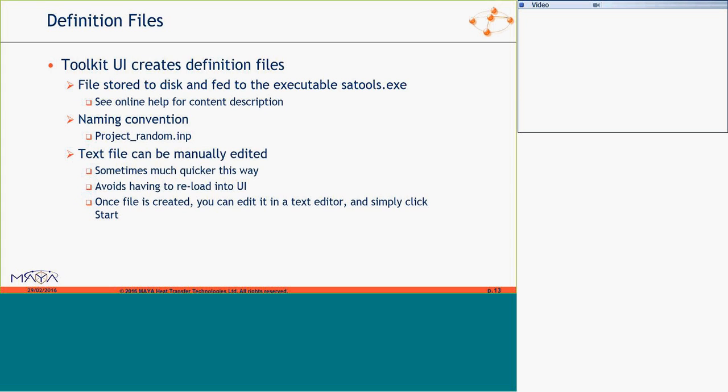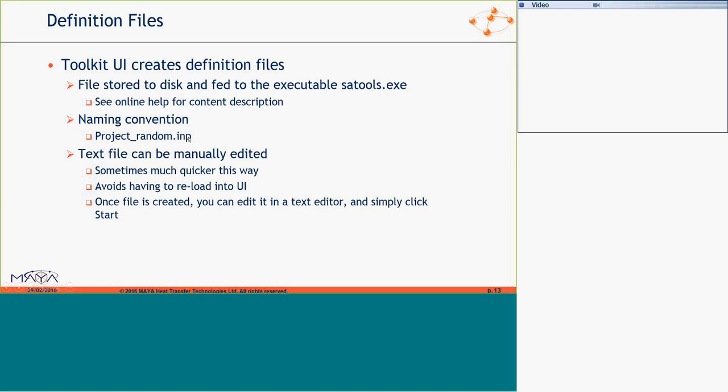Okay. So definition files. As I mentioned before, the interface is going to create a definition file. The extension is .imp. It's going to write it to disk. The convention is the project name, underscore, the processor, .imp.